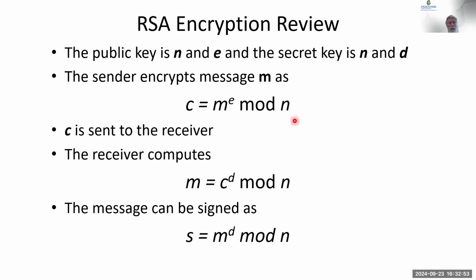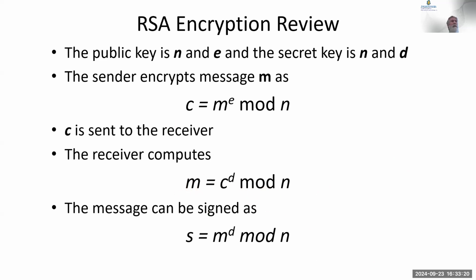As we all know, you can encrypt something by raising the message to the power E mod n, where E and N create the public key of the RSA algorithm. And then that becomes cipher code C. You can decipher that by raising C to the D, D being the private part of the key, mod n, and that gets the message back it was.